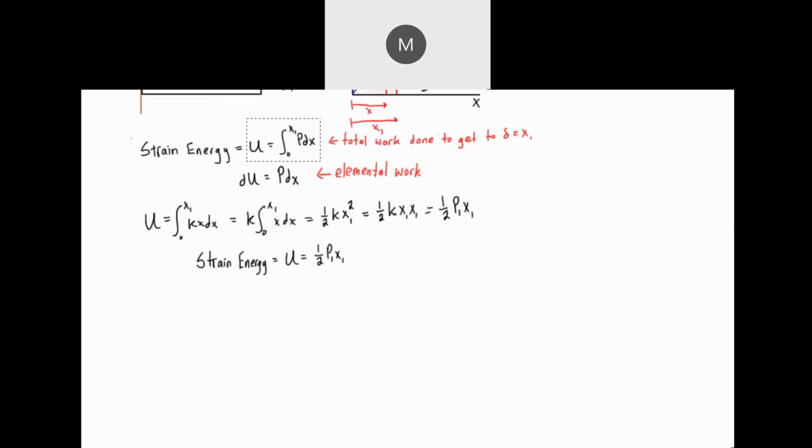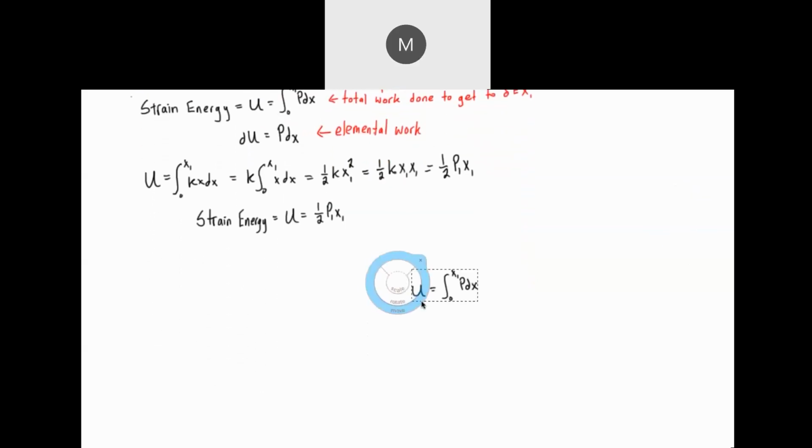All right, so what we want to do is work with this expression here, and we want to divide out the volume to be able to get strain energy density. So let's put this over volume, or in this case, because this is some kind of rod, we can say this is the cross-sectional area times the length. Now, when we look at this, we have some important things here.